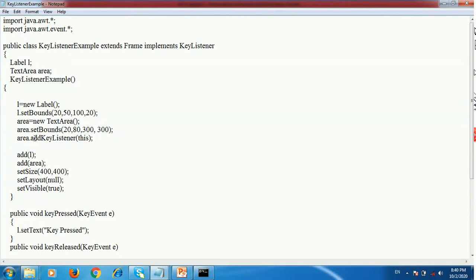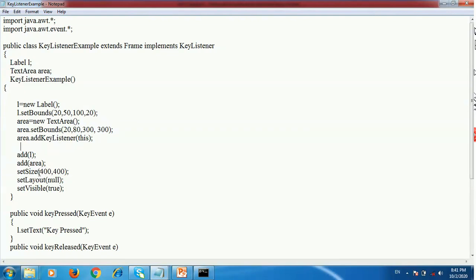After that, area.addKeyListener(this). Area is the object of the text area, and this keyword points to the current object. So using the add method, add the label onto the window and also add the text area onto the window.